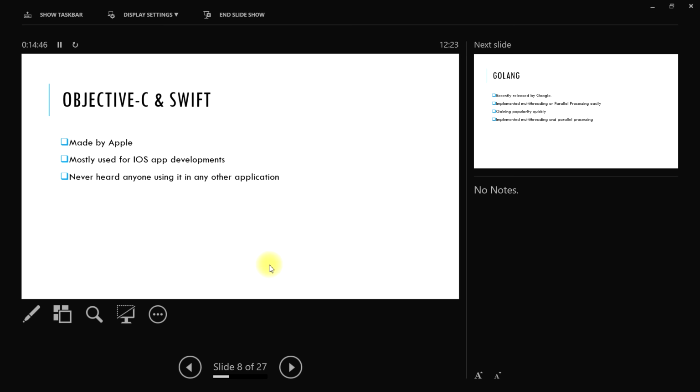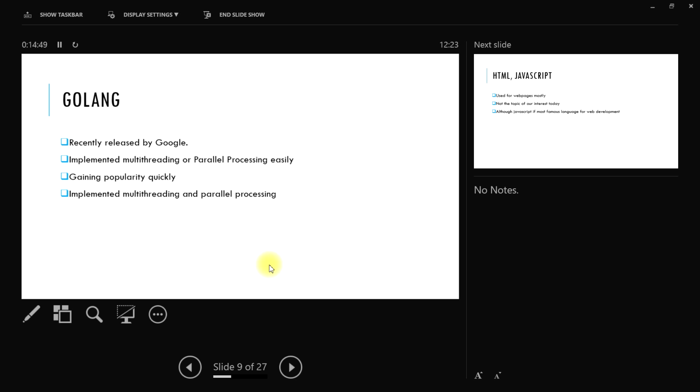So GOLANG. Google has recently launched their language, I guess 3-4 years back, called GOLANG. I guess most of you have heard about parallel programming and multi-threading, how to make programs fast by running processors in parallel. I've heard that the people who made GOLANG have built this parallel programming into the syntax. In C++ or Python, you have to call it externally and write a program. I don't know how they're doing it, but I've heard it, maybe from some video tutorial.